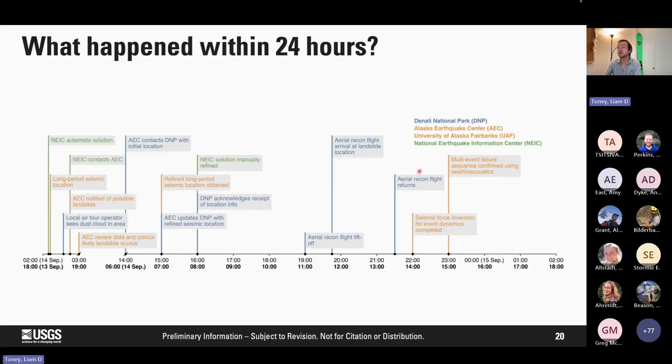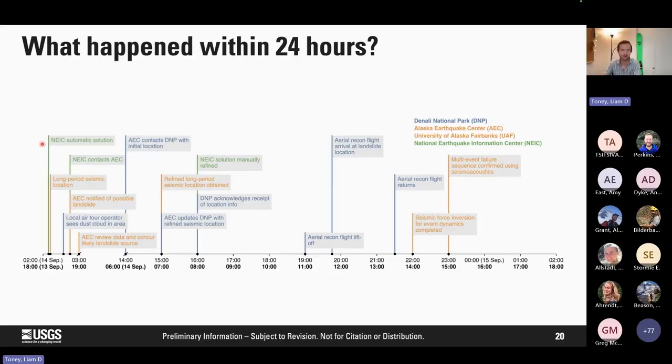And it's color-coded by the institutions that were involved. So we have Denali National Park in blue, and then the Alaska Earthquake Center, which is housed at the University of Alaska Fairbanks, in orange, and then the National Earthquake Information Center in green. And the NEIC are the folks that are upstairs on the 5th floor for those of us in Golden, the USGS office there. And so what happened was there was an automatic detection of an event by NEIC operational earthquake